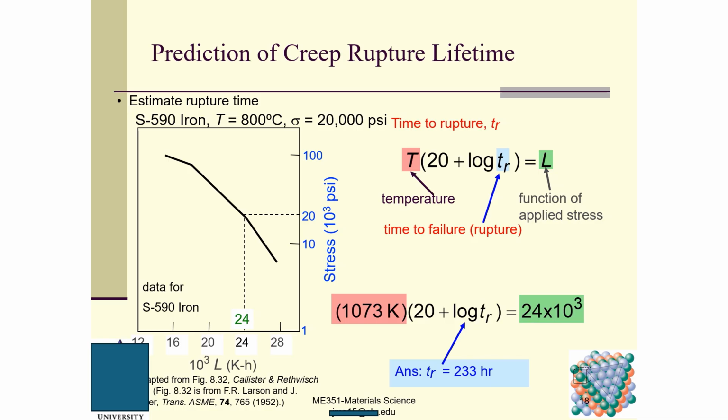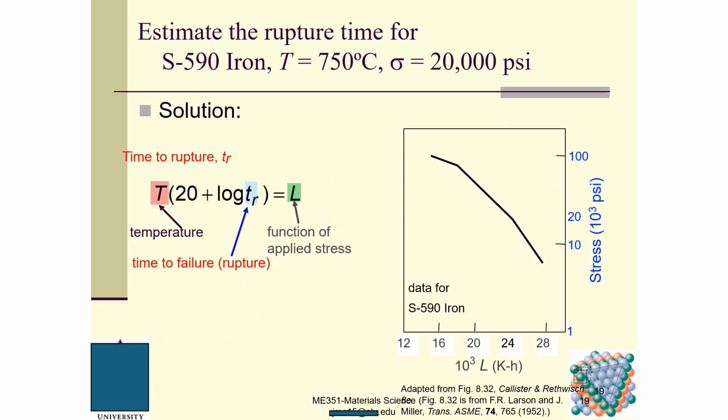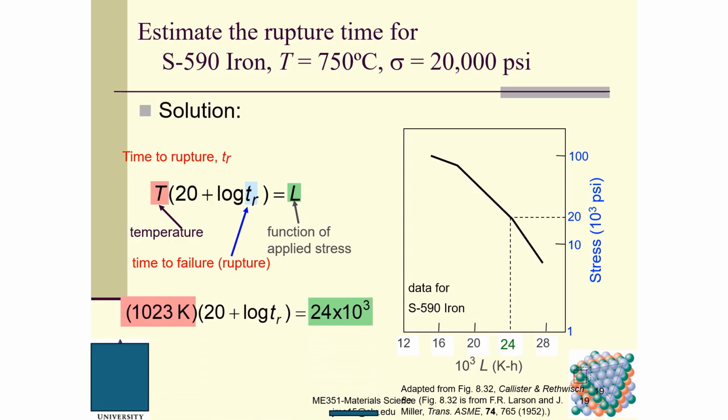So this value is 24, and here log TR is given. Calculate TR. So solution, time to rupture TR: T is the given operating temperature, L is a function of the applied load, and you just plug in,